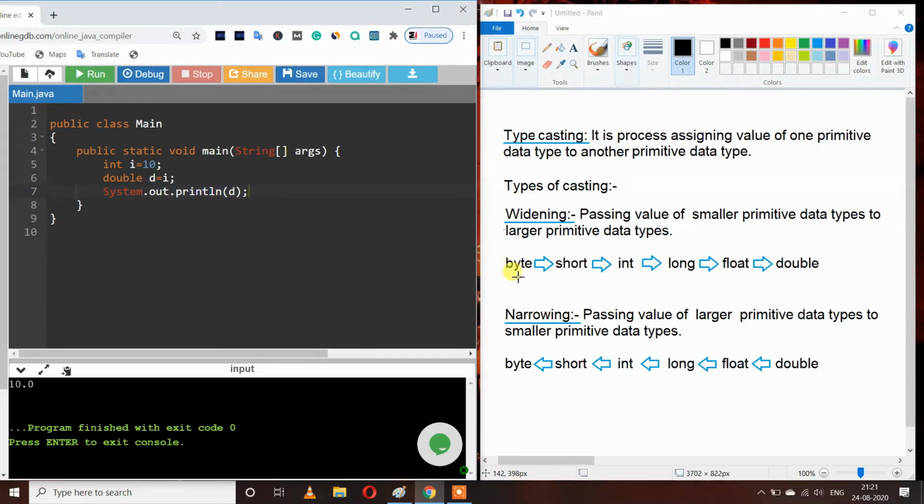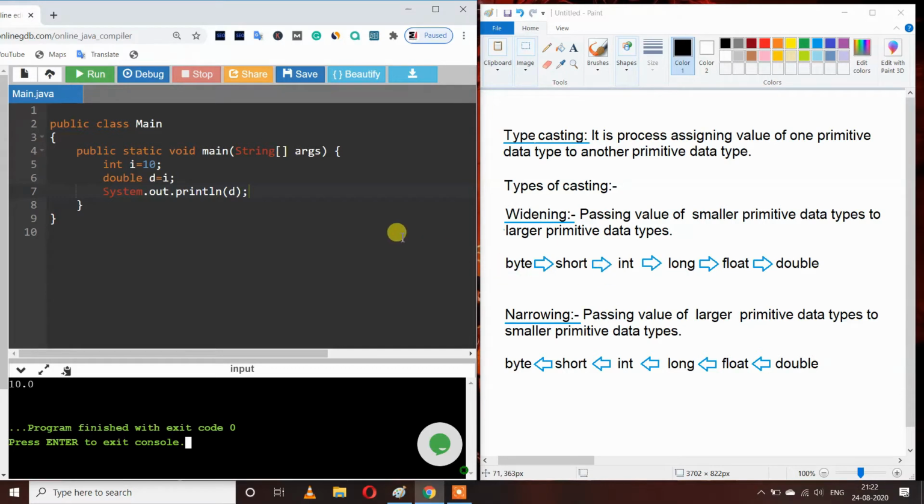Byte is the smallest data type, short is bigger than byte, int is bigger than short, long is bigger than int, and so on. We can take an example that these data types are like boxes. We are storing our data in a small box, and if we transfer our data from a small box to a big box, our data will not be lost because we are only moving it from a small box to a larger box.